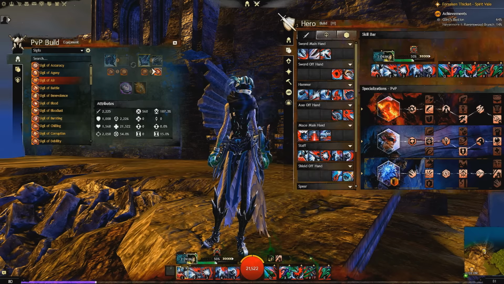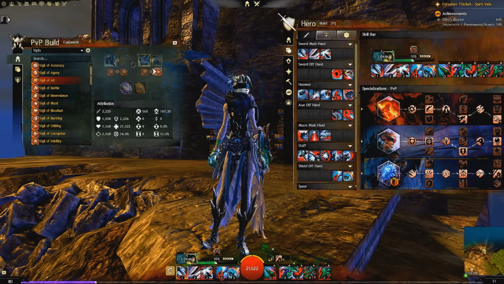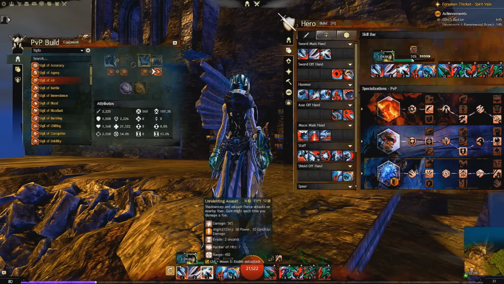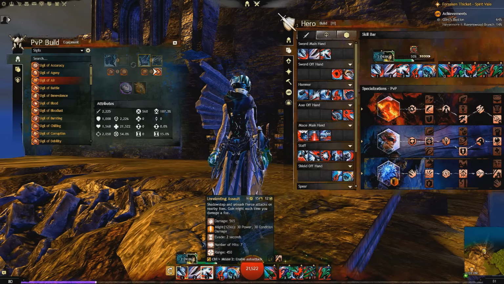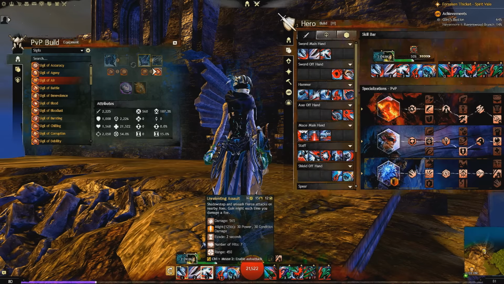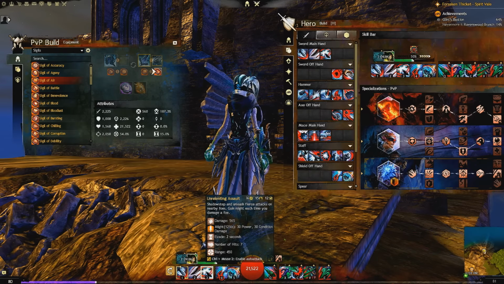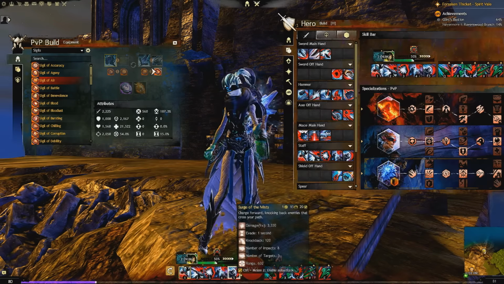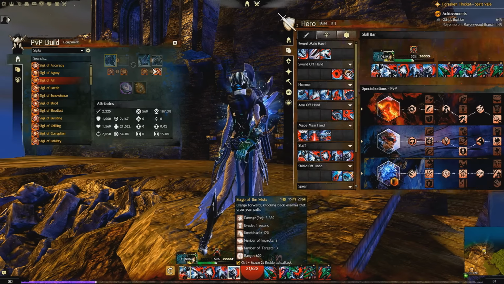And on the sword, be careful when using your Unrelenting Assault. Mainly use it for, I guess this is the tips and tricks portion, mainly use it for evading abilities if you can really time it right. Also, you can use it for bursting. We'll talk about that in a second. But it's also a good evasion tool as well. So don't forget that this evades, and the Surge of the Mist, the 5 on the staff, also is an